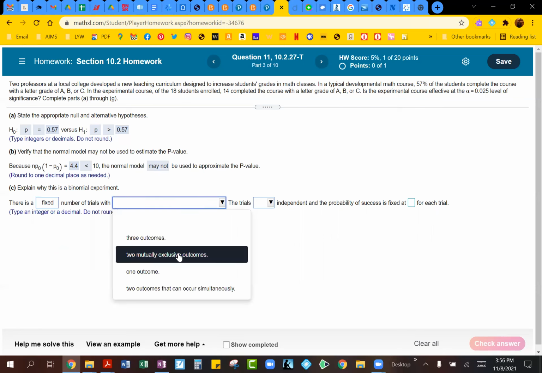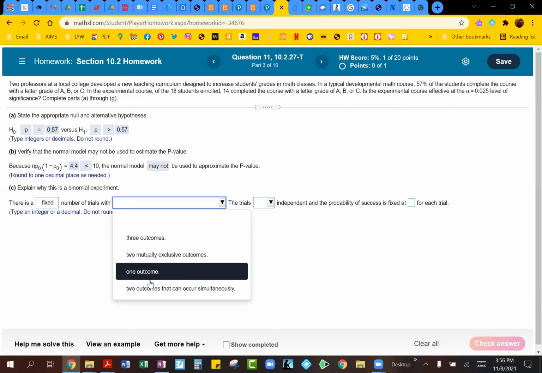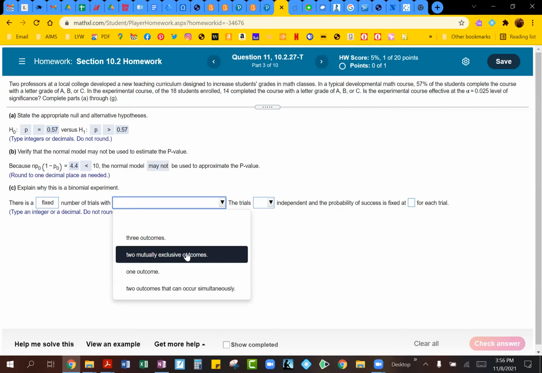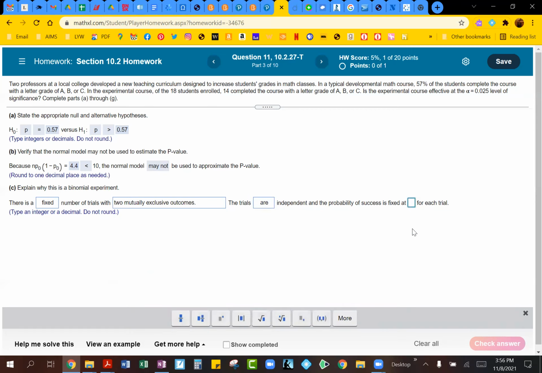You can only have 2 outcomes, so you can only have a success or a failure. So 2 mutually exclusive outcomes, or 2 outcomes that can occur simultaneously. So definitely exclusive, because you obviously don't want success and failure happening at the same time. The trials have to be independent and the probability of success is fixed at, because this should be a likely